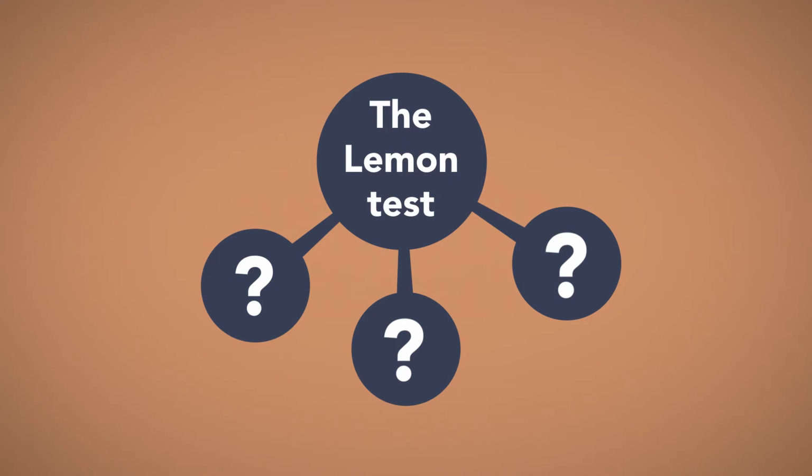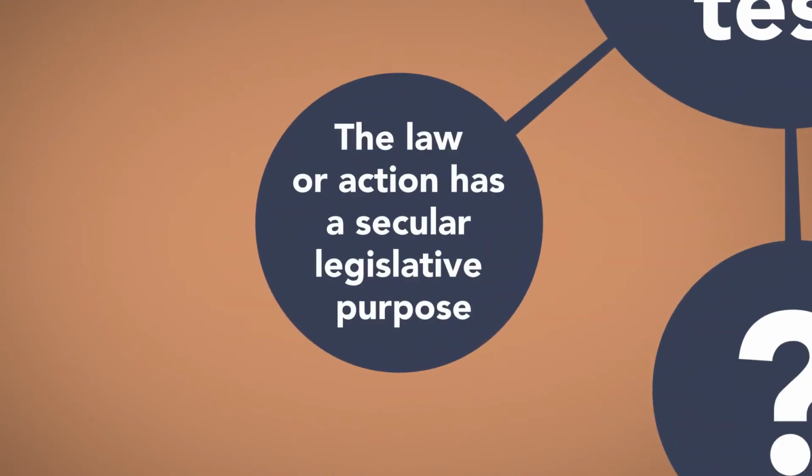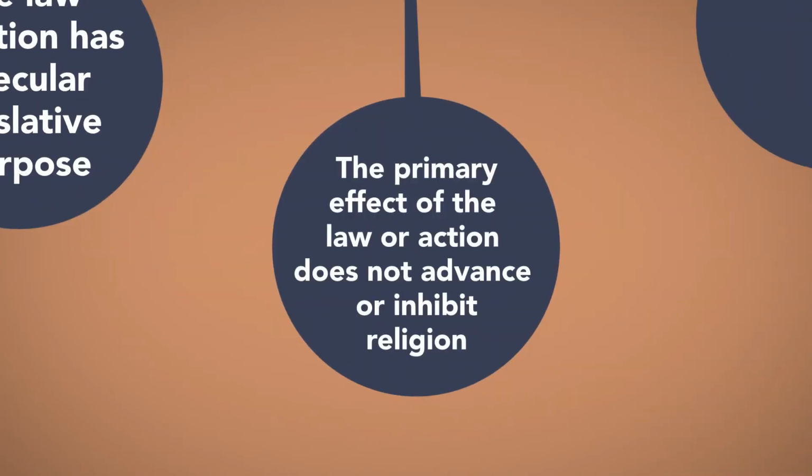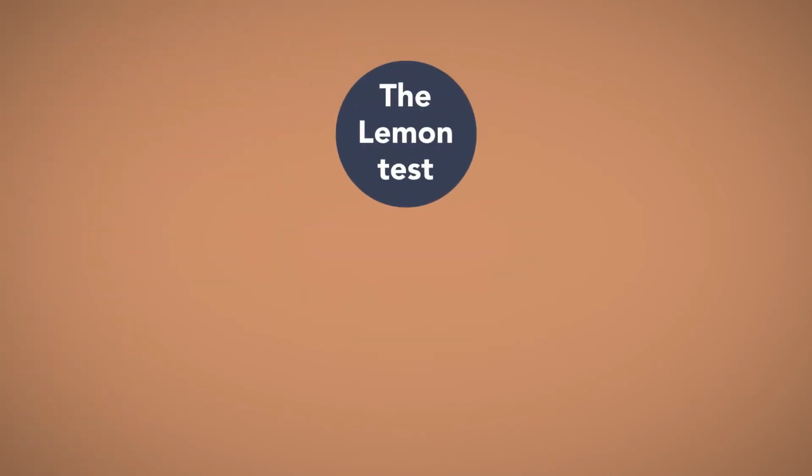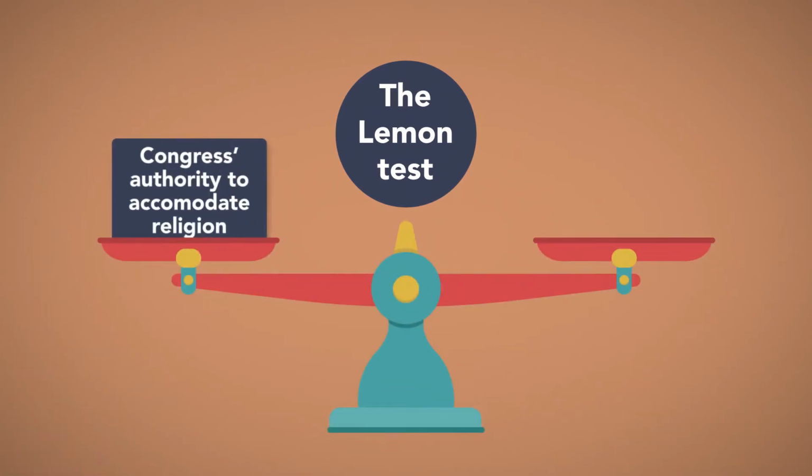Under the Lemon Test, a law or government action will only be upheld if: 1. The law or action has a secular legislative purpose. 2. The principal or primary effect of the law or action does not advance or inhibit religion. And 3. The law or action does not foster excessive entanglement of the government with religion. In applying the Lemon Test, courts try to strike a balance between Congress's authority to accommodate religion and the prohibition